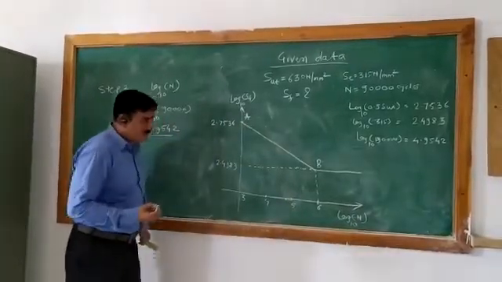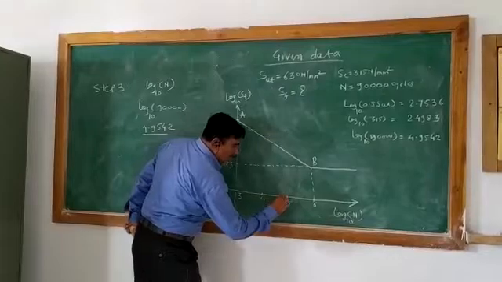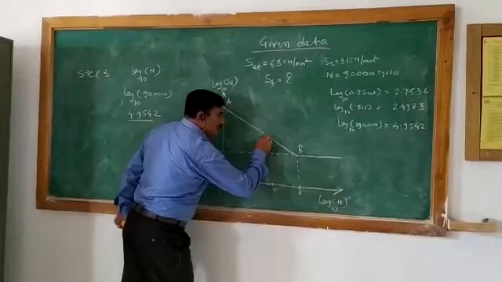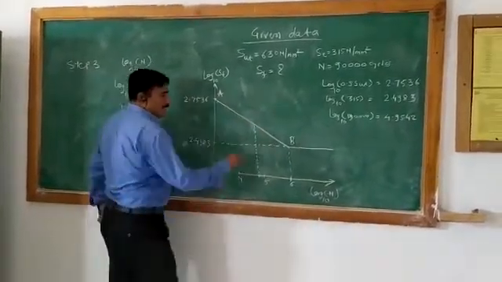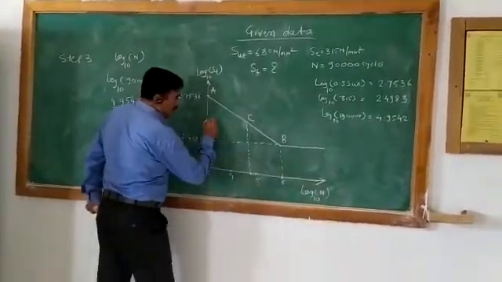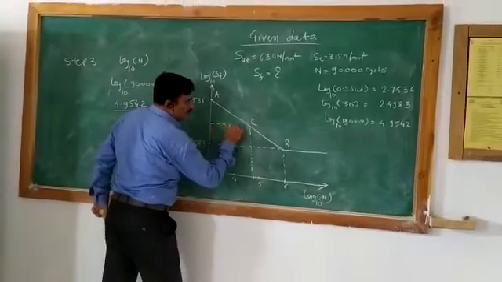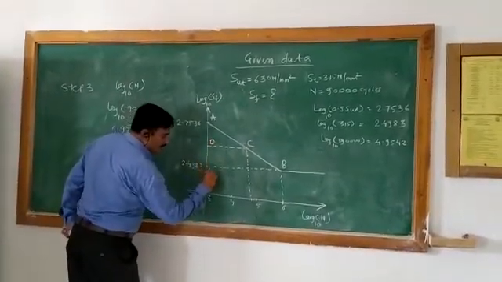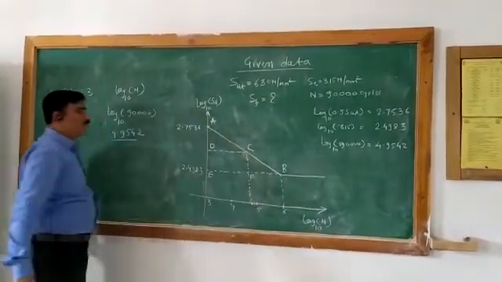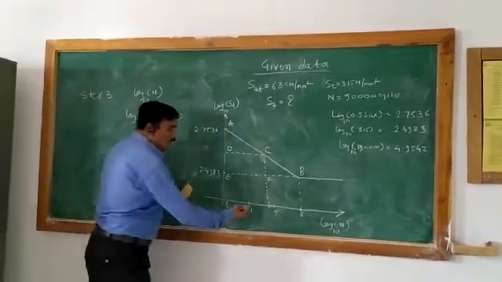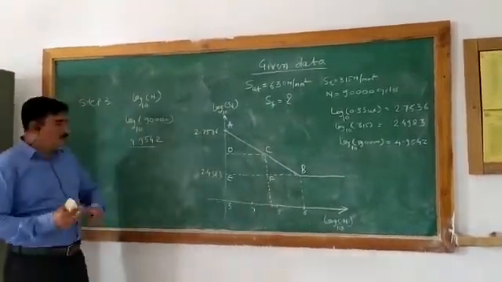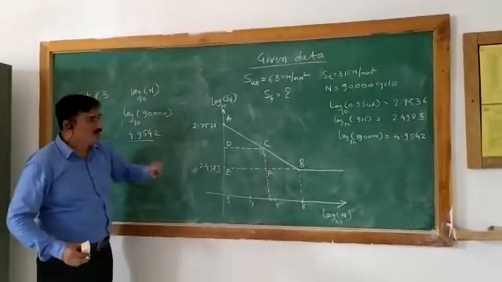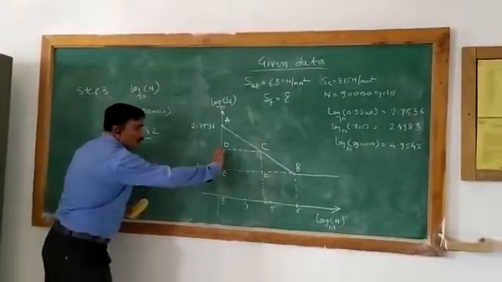As we already discussed, we need to draw a line perpendicular to the x-axis, and it will cut the line AB, name it as C. Draw a line again parallel to the x-axis from this point, and name it as D, F. So now we have drawn this SN curve. But what do we need to calculate? We need to calculate the value of fatigue strength. So this one we know, we need to calculate this one.